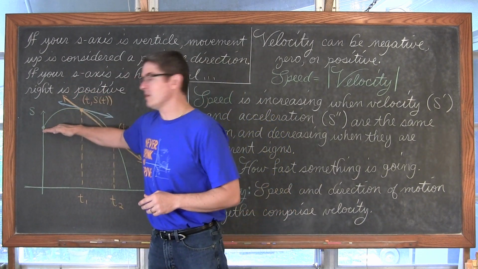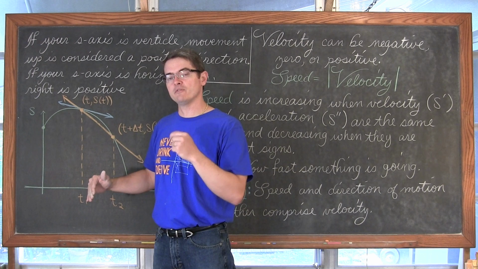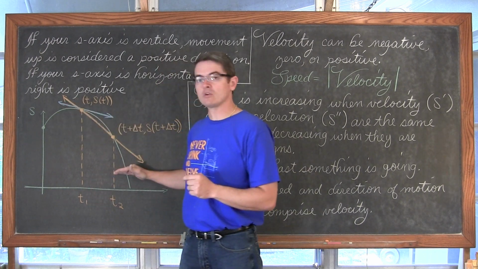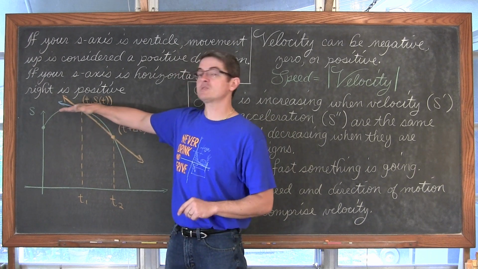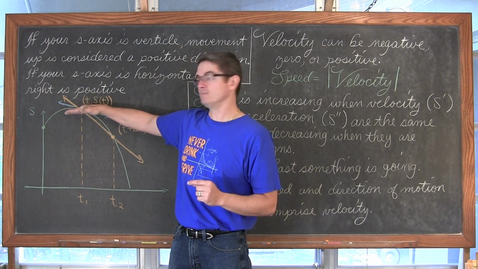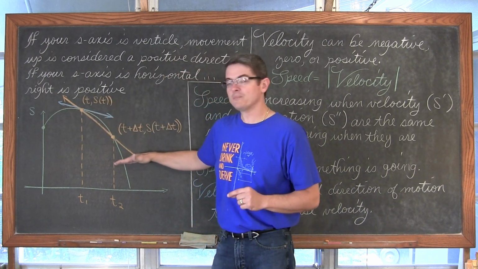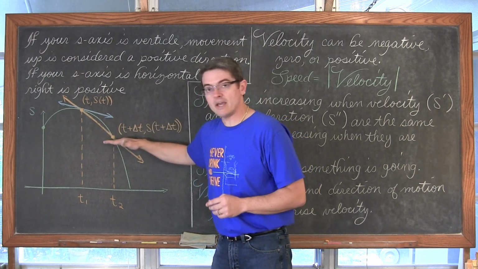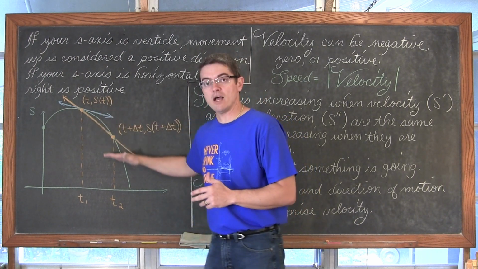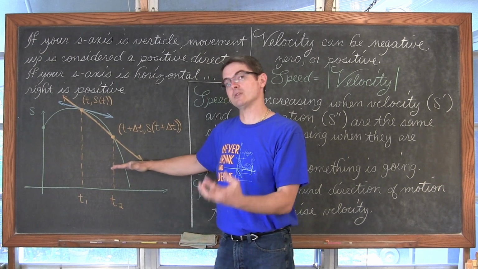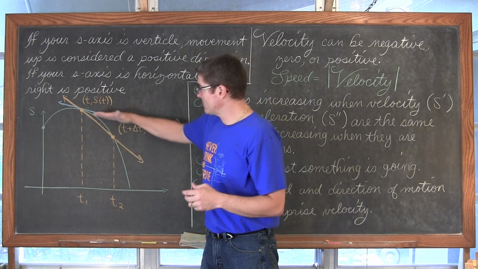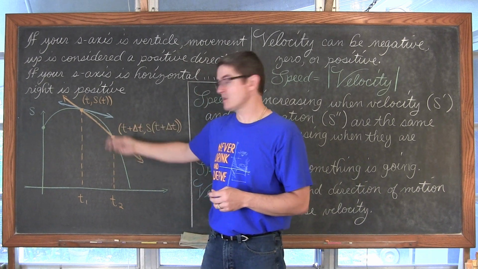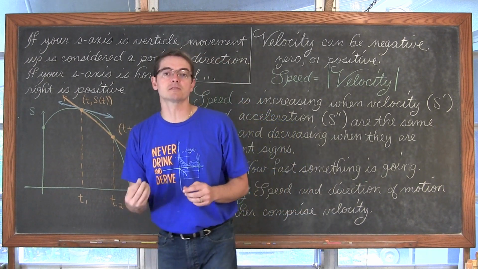We throw a ball up, it has a positive velocity, but acceleration, gravity fighting against it, is negative, and that is actually going to slow the speed of the object down. And then as it starts to fall, well, it's going to have a negative velocity. The acceleration of gravity, which we consider negative because it's coming down, has also got the same sign of negative. And so negative velocity, negative acceleration, the speed of that object is going to be accelerating.